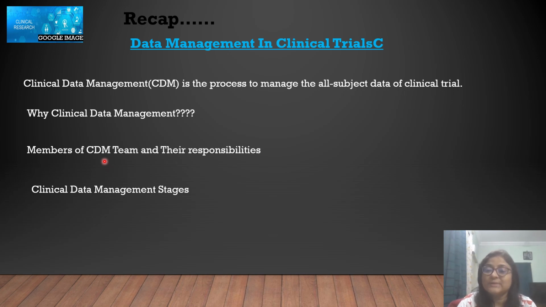So obviously there will be lots of data regarding them like their age, their sex, their contact details, their medical history, all these things must be there. So it is very crucial and important to manage all the details, and that's why this complete system, clinical data management, is required, and it is a very important aspect of the whole clinical research.